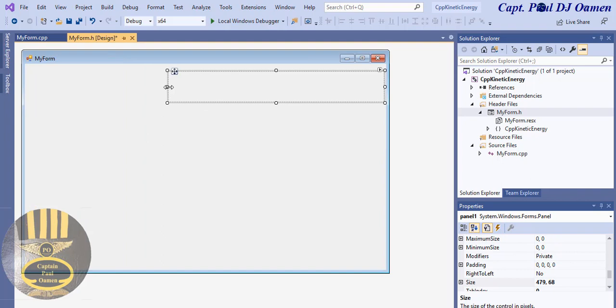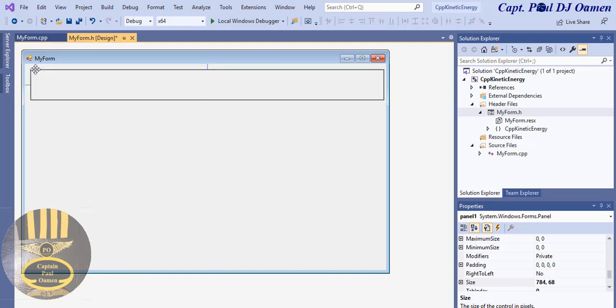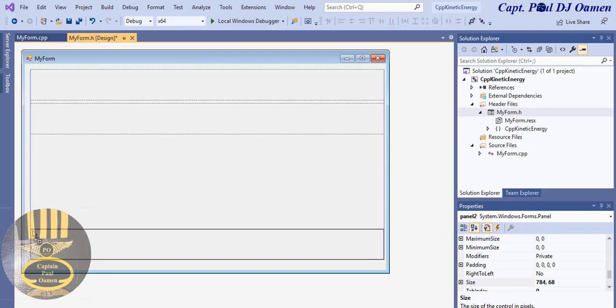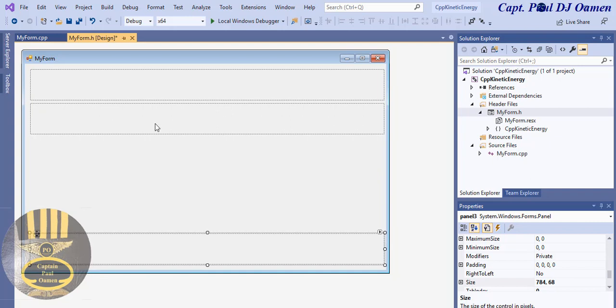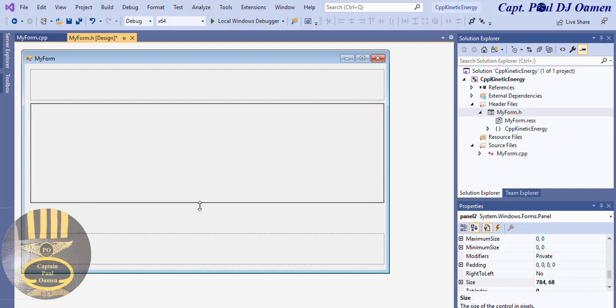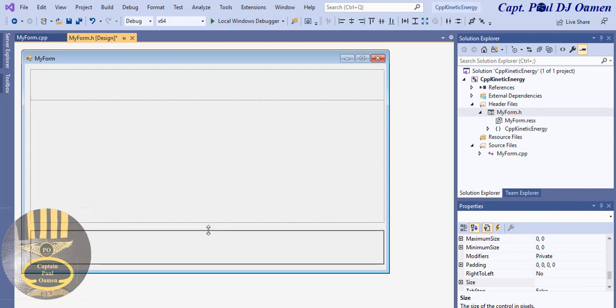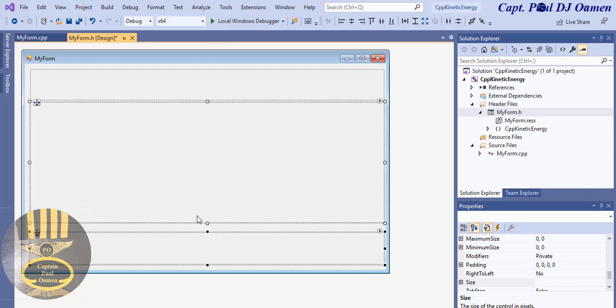Alright, I'm going to need about 3 of those, but they're not going to be of the same size. There we go. Let's hold on to the control, click and drag. Click and drag again. This will be for the buttons. And let's enhance the look of this. Right. Now let's